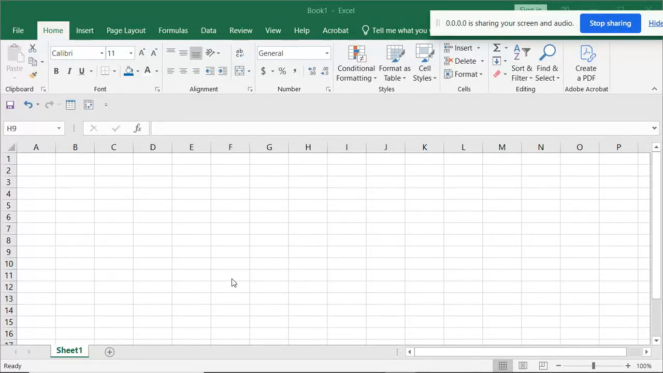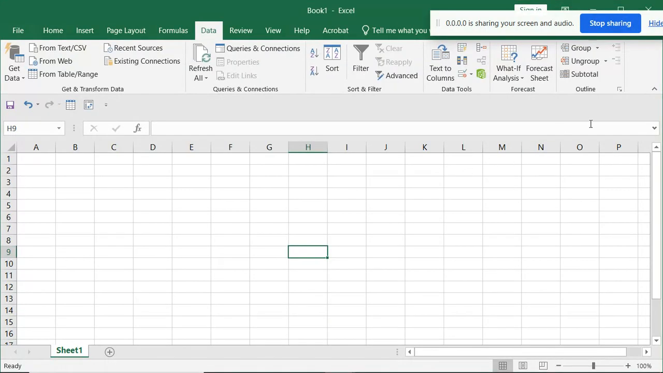Now, Data Analysis ToolPak in Excel is always found in the Data tab. So if you click Data tab, you should be able to see Data Analysis ToolPak on the far right. Now, if your Excel doesn't have Data Analysis ToolPak, like it's lacking here, then normally it's because you have not